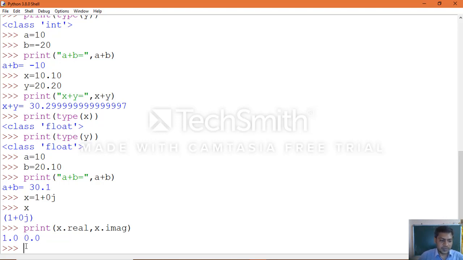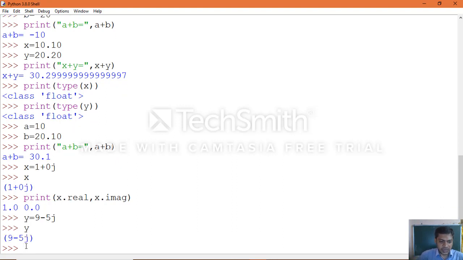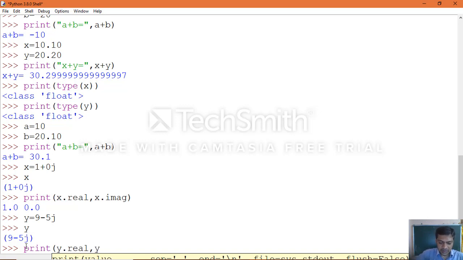Okay, in the same manner you can take y equal to 9 minus 5j. You can apply the same to y. Now we'll print the real and imaginary part of both variables, y dot real comma y dot imag.